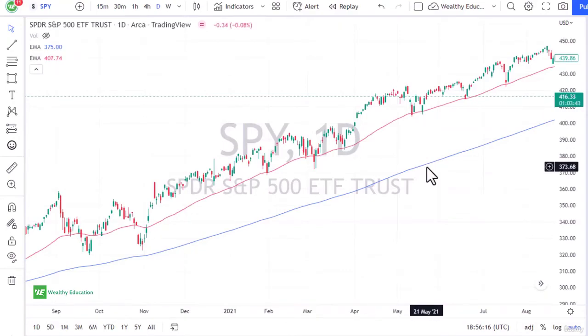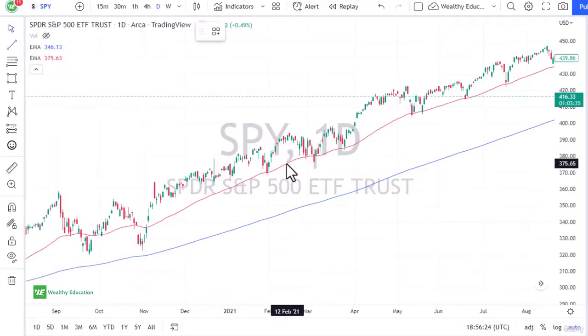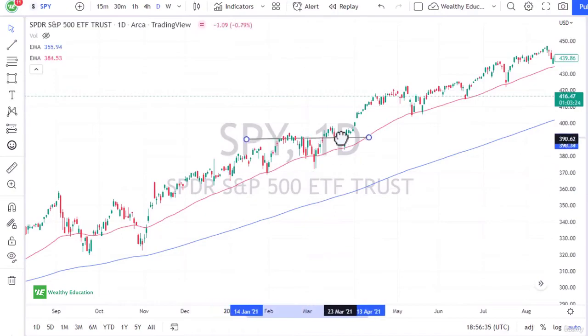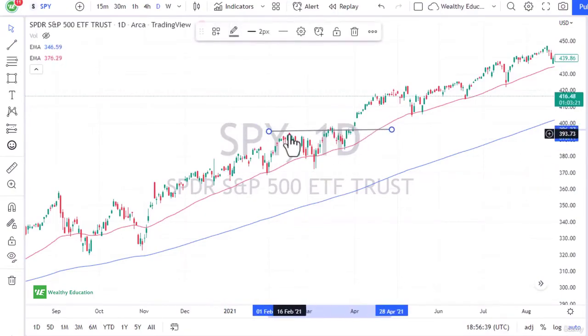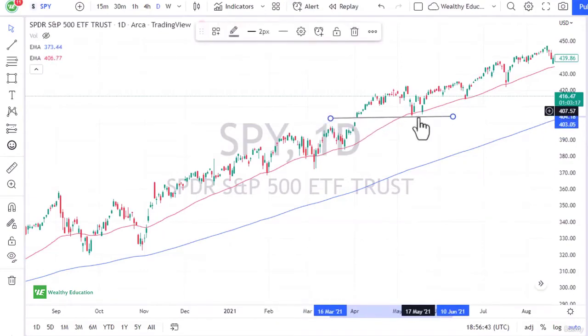Now, I will draw a couple areas so you can see what they look like. So that's an area where you would say, okay, the buyers come in at 370 and they buy. You can see we've tested a couple different times. Just like you can say that this area here was resisted a couple of times. Support,